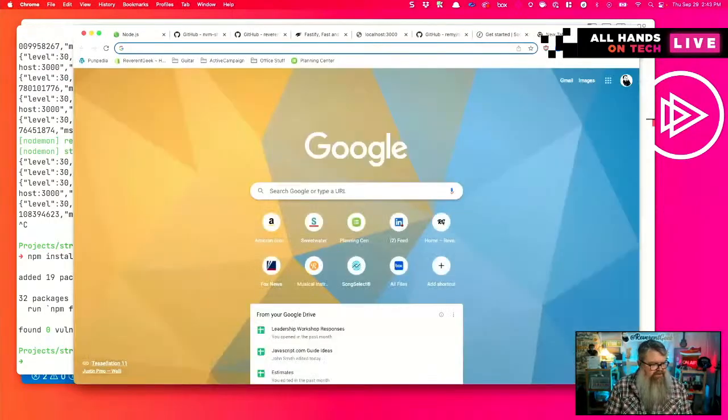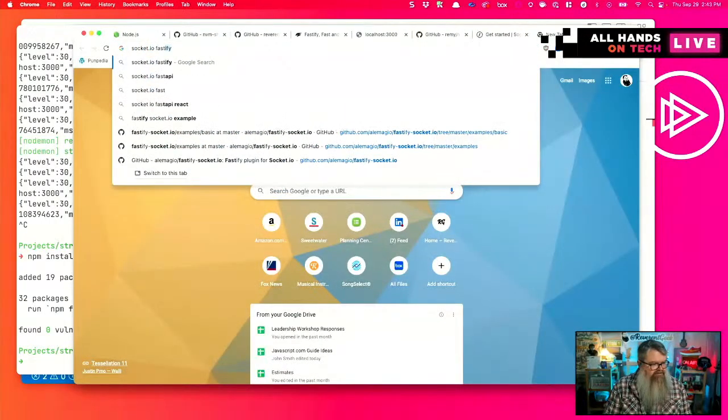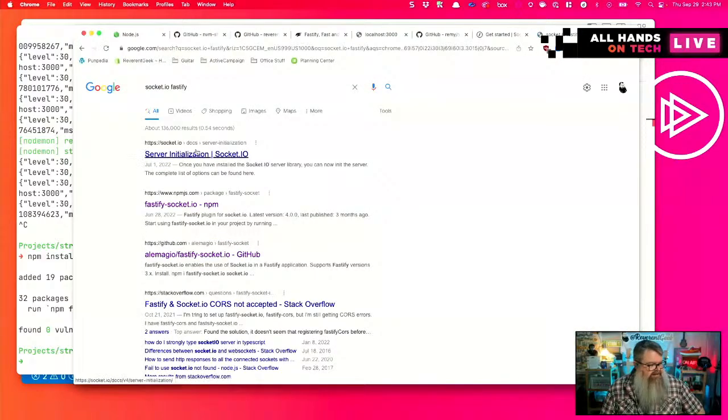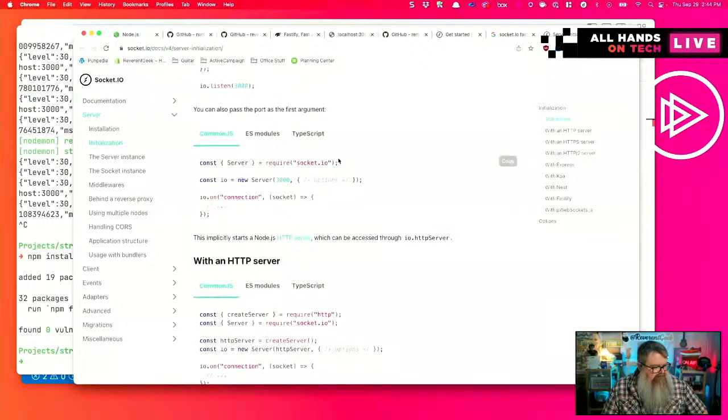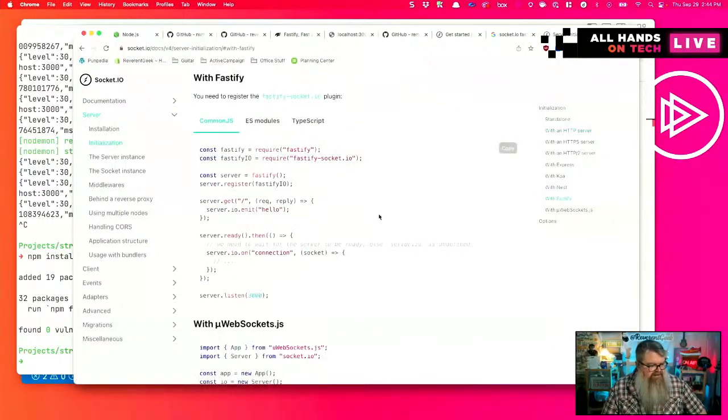And I'm going to search for Socket.io Fastify. And there's a Fastify Socket.io package that we'll probably use. I wonder what this is. Oh, so they have an example of Fastify on the Socket.io website. That's really great. So it's using the Fastify Socket.io plugin.